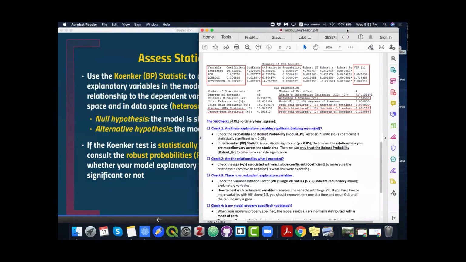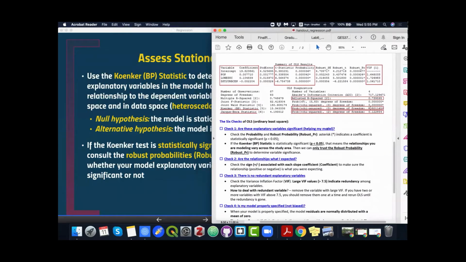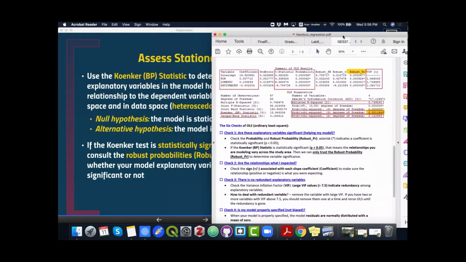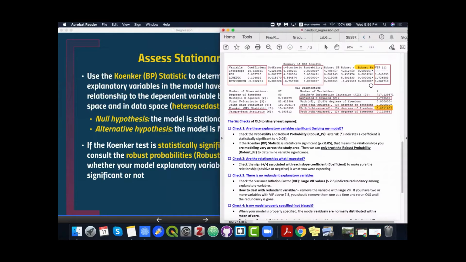If you're not so sure, I would basically try to highlight the 0.001 if you have that option on your PDF document, so that you know which number to look at, and also highlight the robust PR. I think I should have that option. Let me highlight. Yeah. So in this case, for the first check, we passed the first check because,